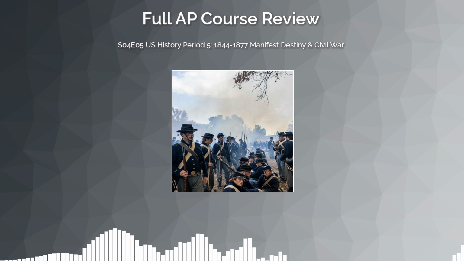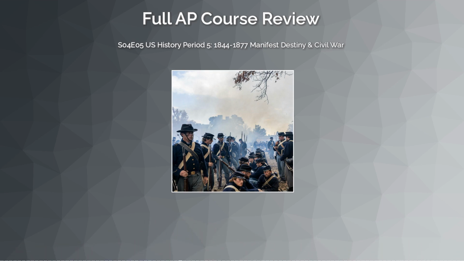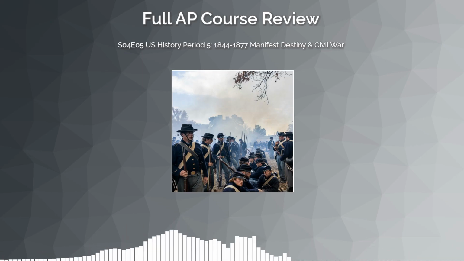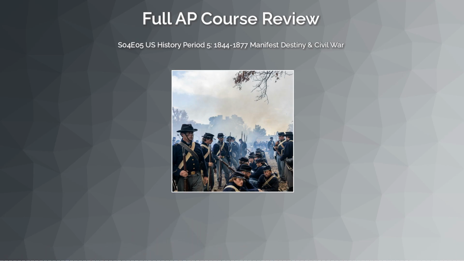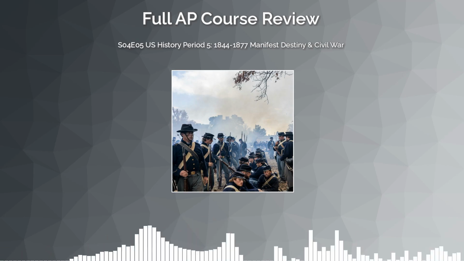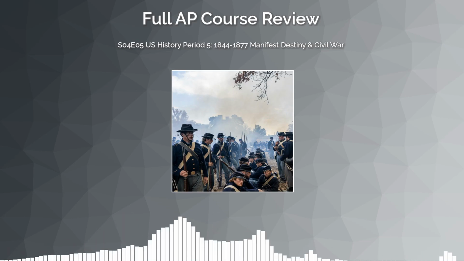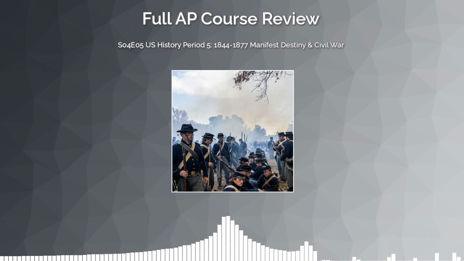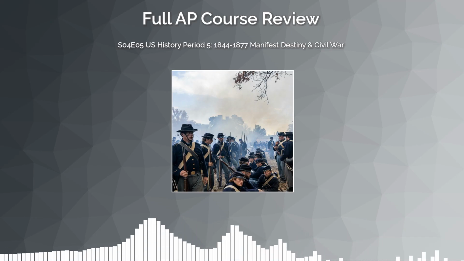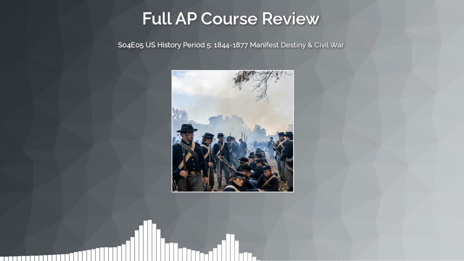African American soldiers and the war's expanding meaning. Don't sleep on this section. After the Emancipation Proclamation, approximately 80,000 African Americans served in the Union Army as part of the United States Colored Troops, USCT. This is enormously significant both militarily and symbolically. Their service directly challenged the racial logic of the Confederacy and helped redefine what the war was about.